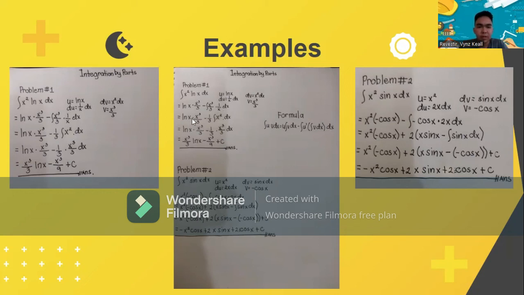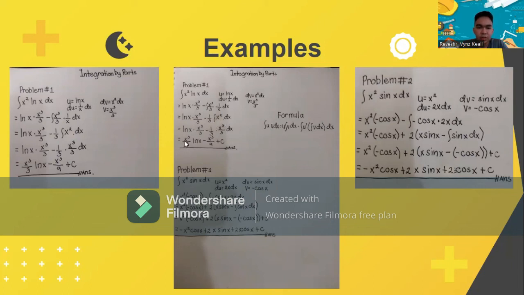So ln x times x cubed over 3 minus 1 over 3 times the integral of x squared dx. So equals ln x times x cubed over 3 minus 1/3 times the integral of x squared, which is equal to x cubed over 3